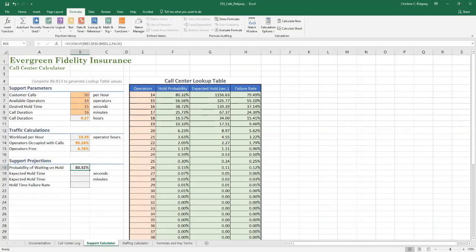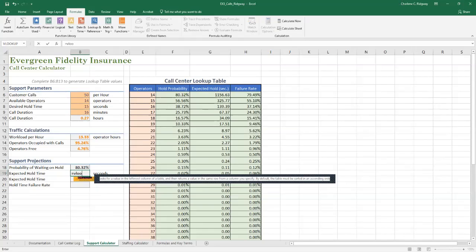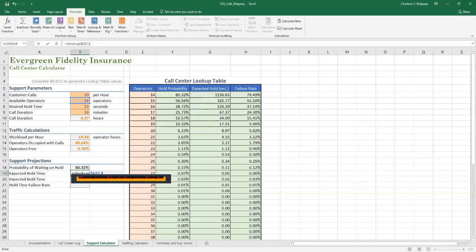Click in B19 and then enter equals VLOOKUP, open parenthesis, absolute B absolute 7, comma, absolute E absolute,